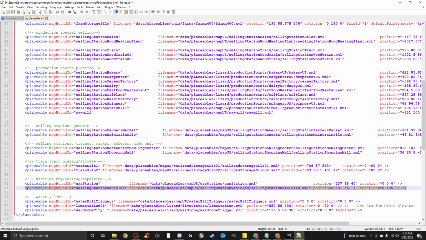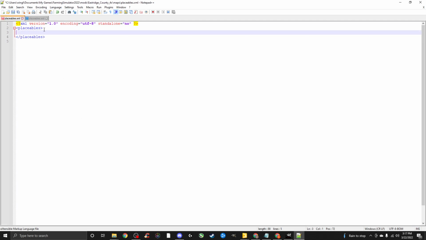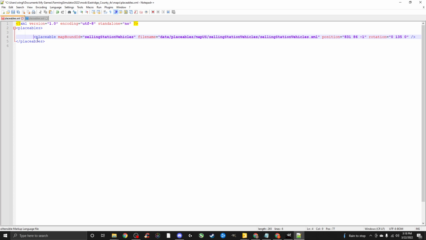Alright, so what you're going to look for is placeable map I-bound selling station vehicles. You're going to want to select this, copy, and come in here and paste. I like to put a little space there. Let's go ahead and bring down one. All right, so what you're going to do now,